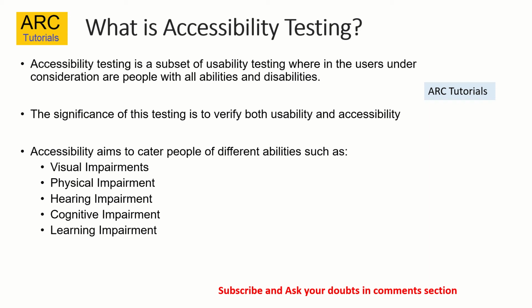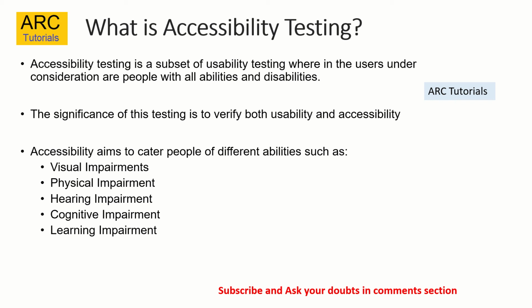What this means is that we are trying to build applications which are universally accessible. No matter if a person has any kind of disability or different ability, they should still be able to interact with our application smoothly and use our system. It's a very important part because most applications which are global standards have to adhere to accessibility testing. So when you are developing, keep all of this in mind, because the product will not be accepted if it doesn't meet the accessibility rules, right?